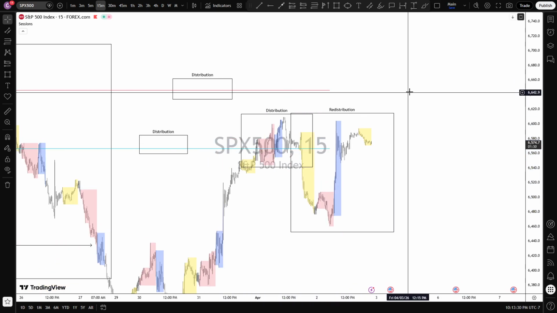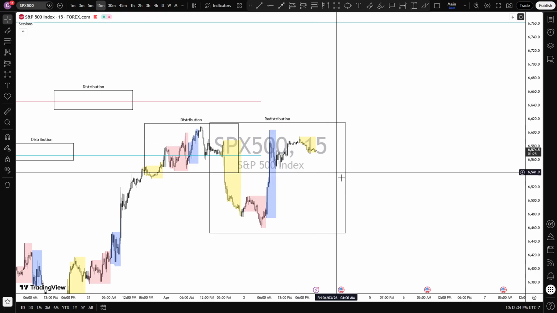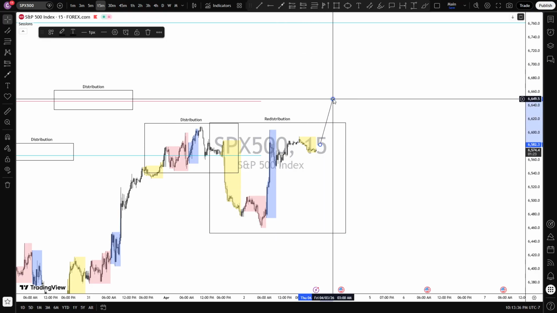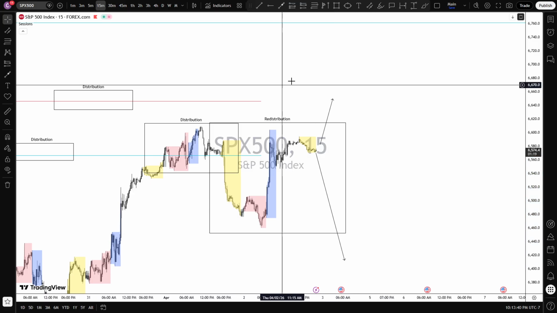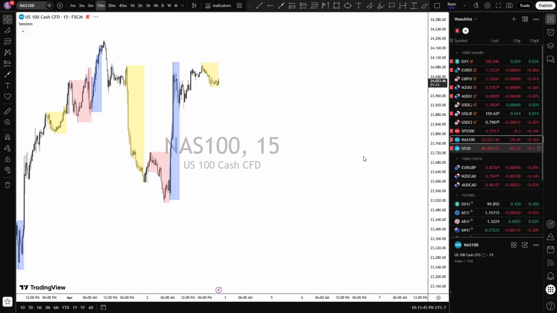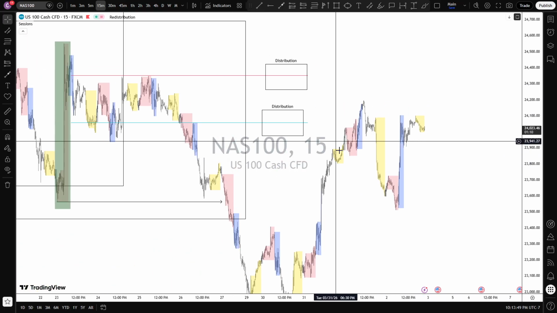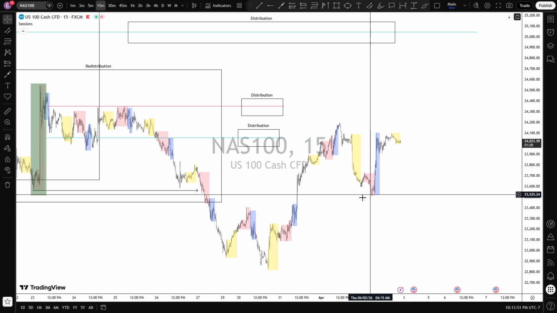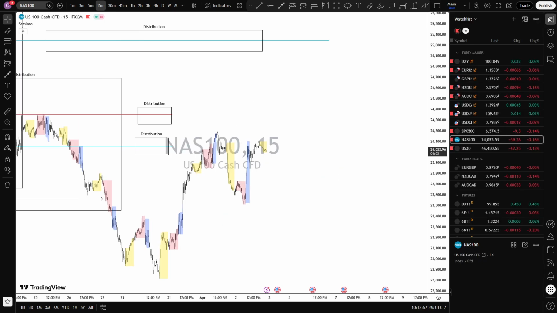And then if not, I'll just look for something higher, because there's nothing for me to take on lower time frame here. So yeah, either go higher or I want it to break. And then I'll take a pullback. And that's the same with all the other ones. Nas did the same thing, distributed, didn't give a manipulation. So hopefully it can come a little bit higher and then give a schematic.